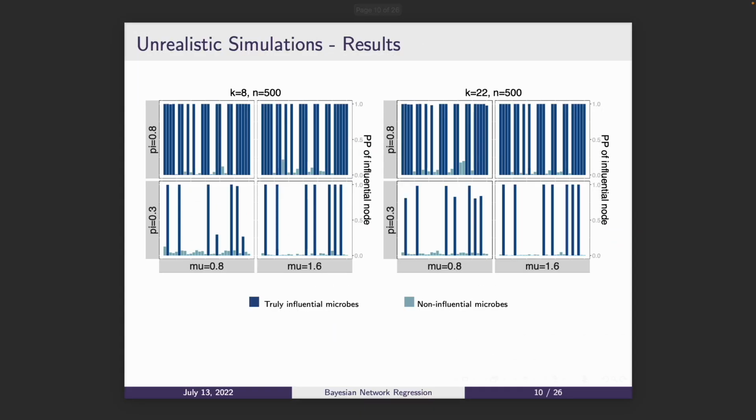So let's get into some results. Here we show the estimated probability of influence for the microbes under various conditions. Note that K here refers to the number of microbes per sample, pi is the probability that each node is influential, and mu is the mean of the normal distribution the edge coefficients are drawn from. As you can see, using 0.5 as a naive cutoff, the model does a very good job determining which microbes